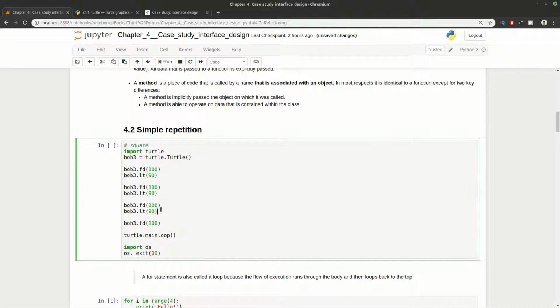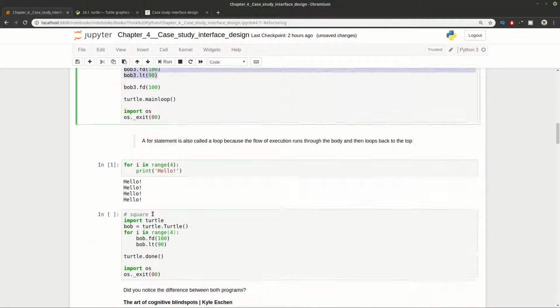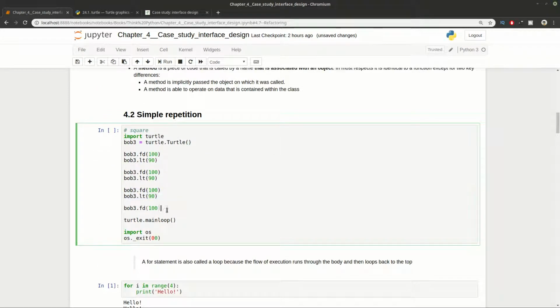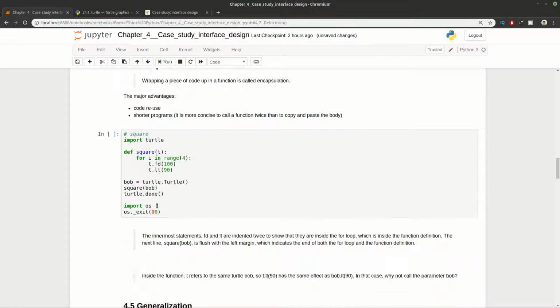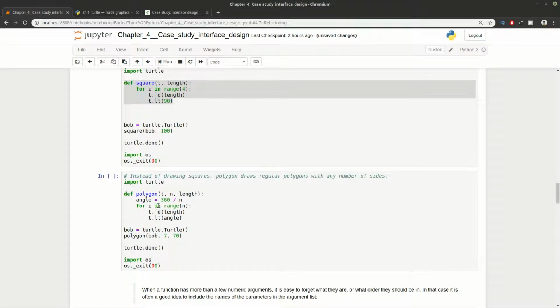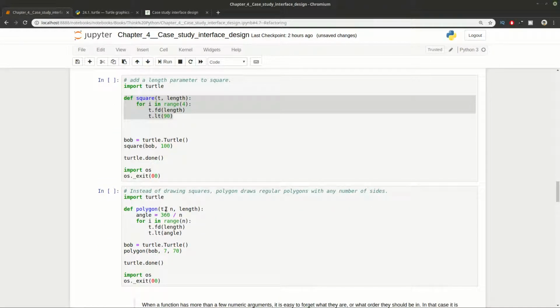This is because in the loop we are calling forward and turn twice, and in the loop here we are skipping the last turn, but this is just a slight difference. So let's move on to the next point, which is about drawing polygons and not only squares.